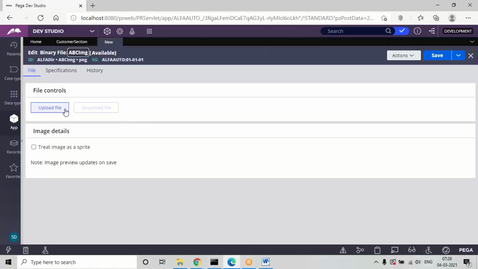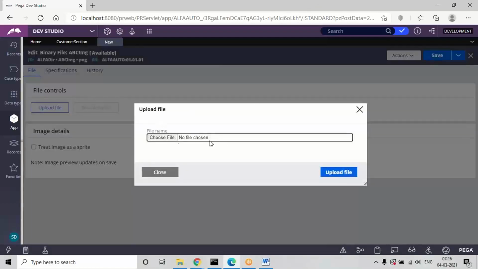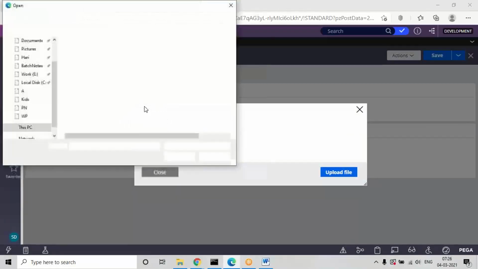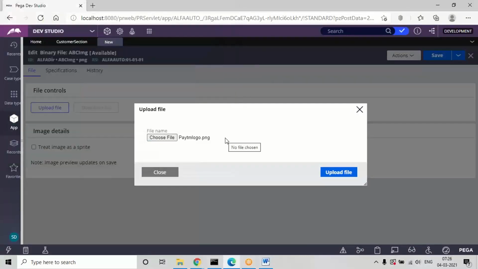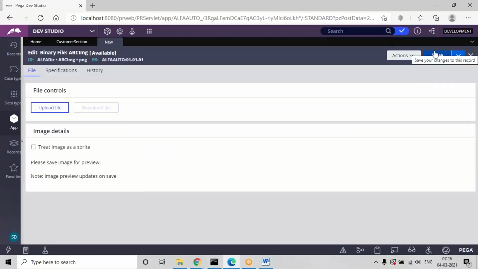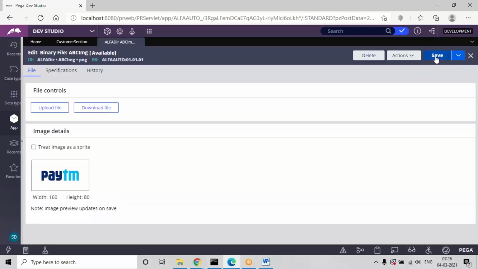And now here we need to upload that file. You can choose the location in your system where the file is. So I'm going to choose the file, upload it and save the rule so that you can see the preview for that image. I'm just giving some image, but in your system you can use whatever you want. After saving you can also see the preview for that image here. I have taken a small icon like that. For any large image, the browser is common.